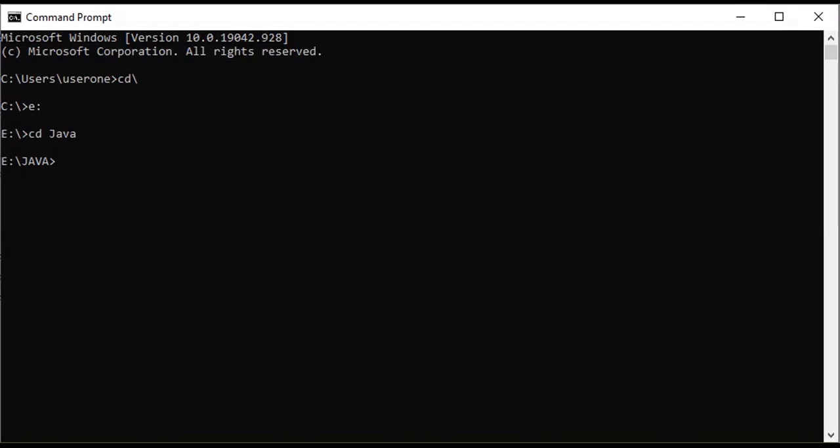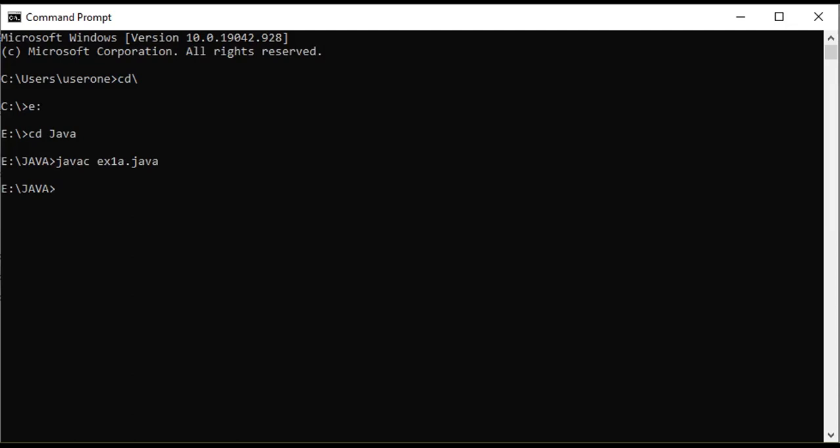As I have already created the first exercise, 1A, my class name is ex1a. So for the compiling process, I type javac space my file name for the first program in exercise 1a. I have given ex1a, which is my main class name. That's why I have given the file name like this, with .java, and press enter. If there are any errors, they are displayed there itself. Otherwise, it simply displays the console again.